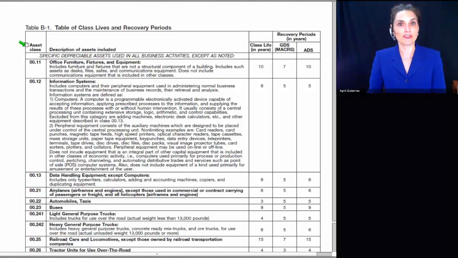We then go over to the asset class, and let's just take a look at a few of these, because for me, I find it rather entertaining to see what is inside each class. It's kind of a light bulb, I didn't know that type of moment. So we have